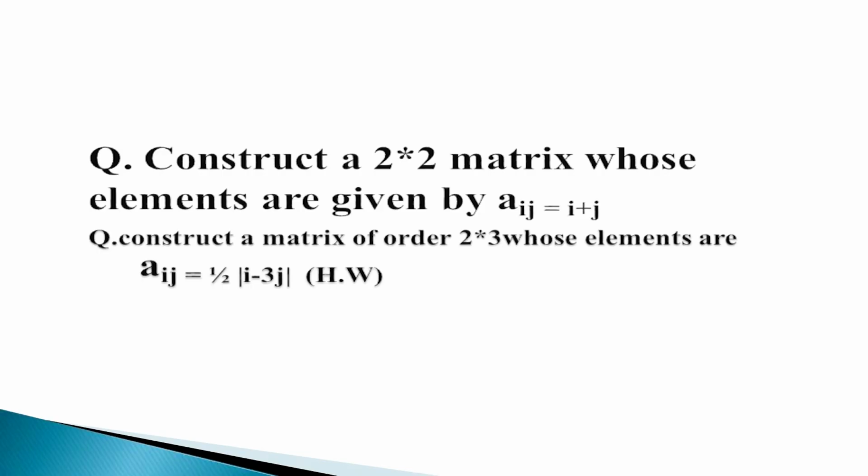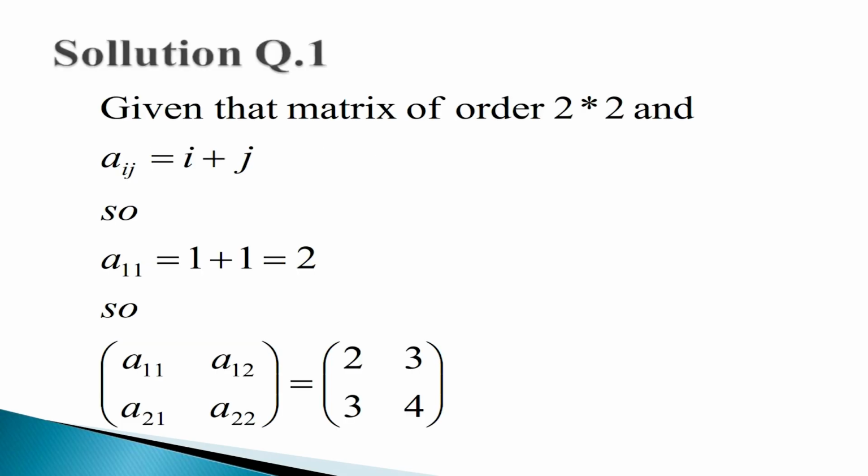Next, questions. Construct a 2 cross 2 matrix whose elements are given by aij is equal to i plus j. Construct a matrix of order 2 cross 3 whose elements are aij is equal to half times the modulus of i minus 3j. Solution of question 1. Given a matrix of order 2 cross 2, the elements are aij equal to i plus j. A 2 cross 2 matrix is given by